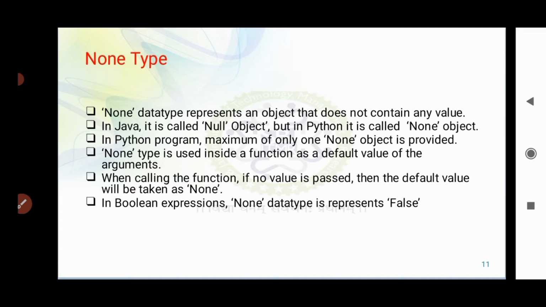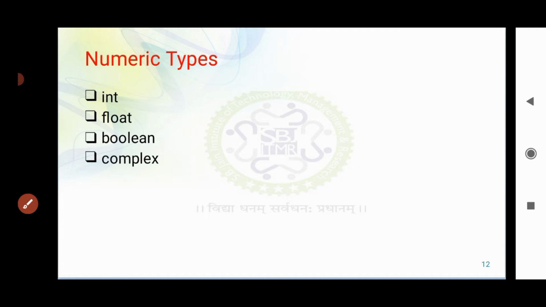So now I hope you are already aware of the Boolean concept. It has only two values. Which values do you have in Boolean? You have 0 and 1. These are the only two values that will be considered in Boolean. Which is again the same as in the C programming language. The only difference is here in Python we have given another, separate name for this particular data type, that is None.